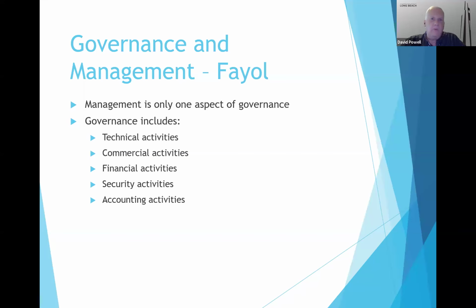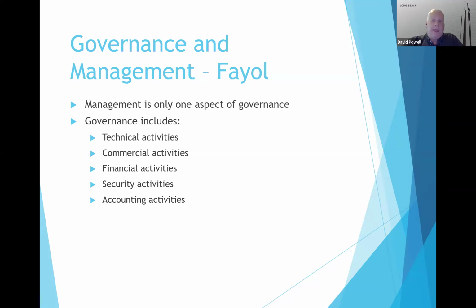So effective leaders and managers will be able to have effective technical processes to create those products. Another part of governance is these commercial activities. By commercial activities, he's talking about these transactional commercial types of relationships whereby organizations have to get resources. So they have to get money. They have to then exchange their products with individuals and other organizations. So you end up in these commercial types of transactions.